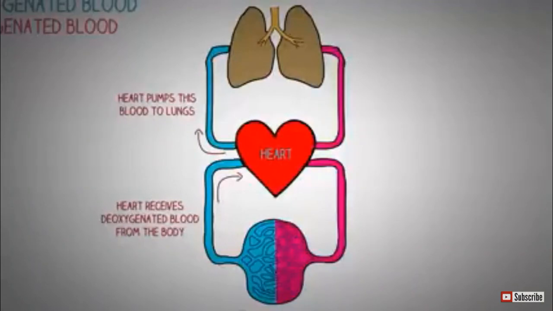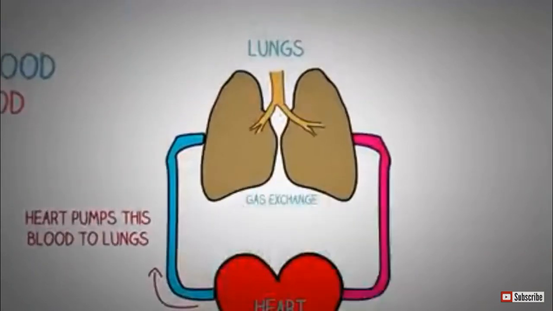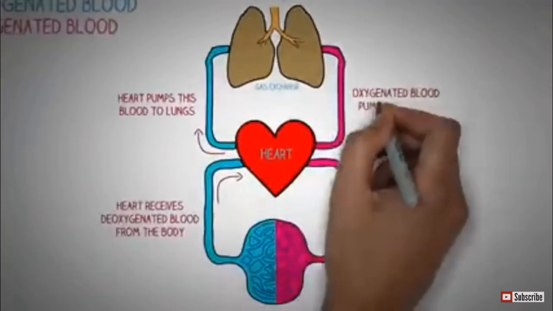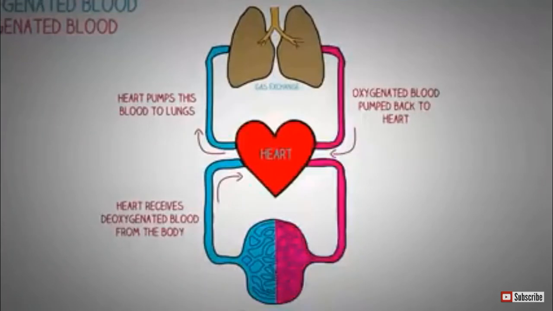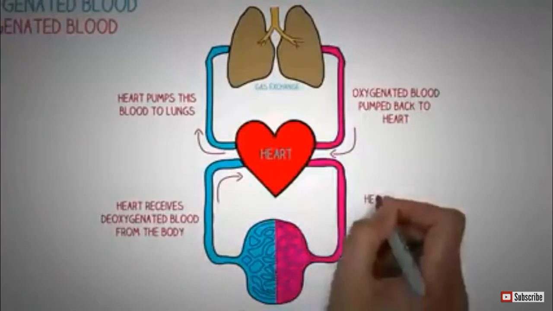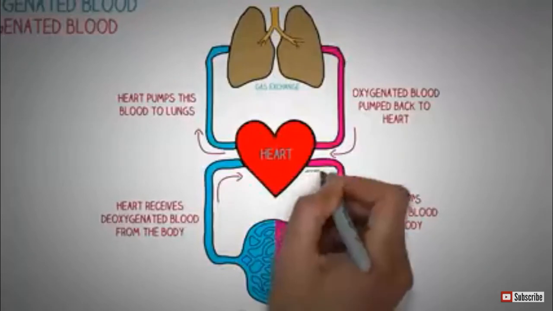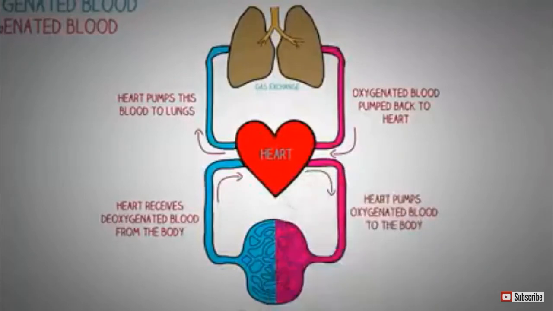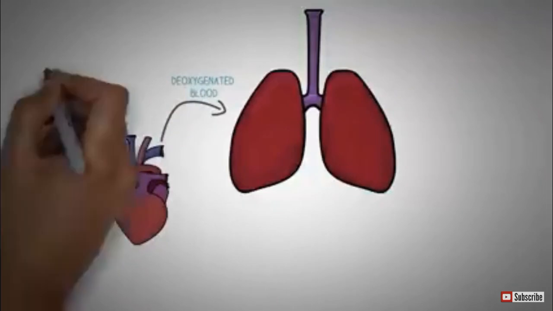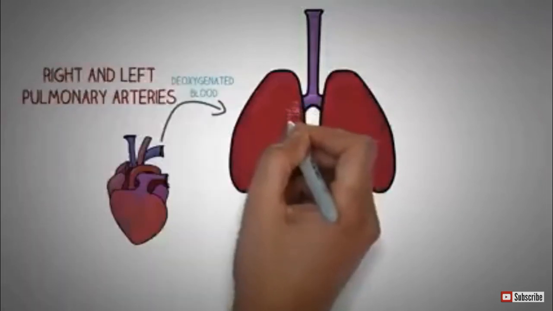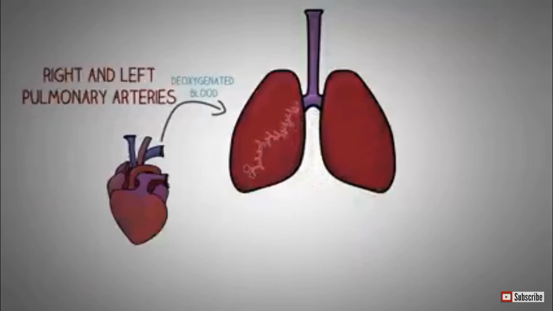In the lungs, this deoxygenated blood is subjected to gas exchange, which converts it into oxygenated blood, which is pumped back to the heart. The heart then pumps this oxygenated blood to the body, which utilizes the oxygen present in this blood. And again, this blood is converted into deoxygenated blood, which is pumped back to the heart. The heart pumps all the deoxygenated blood to the lungs through two main arteries, the right and the left pulmonary artery. Just as we saw with the previous branching pattern, where a single bronchus divides 20 to 25 times before the formation of alveoli,